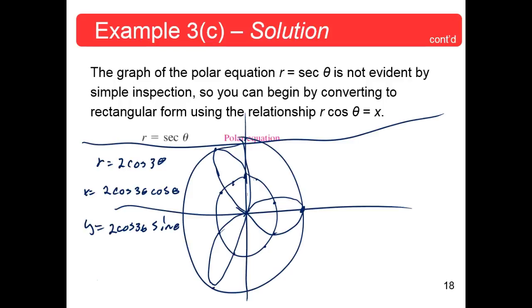So 0, pi thirds, and then I want this to be pi halves, so that would be pi 6, and just keep going like that, so that you